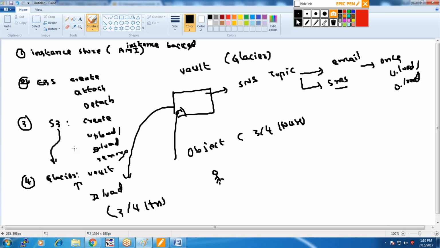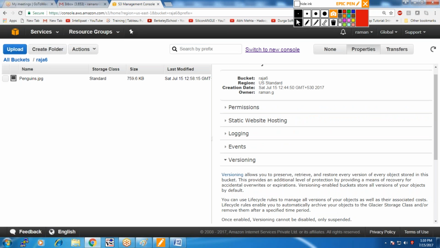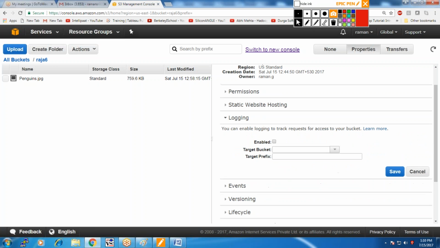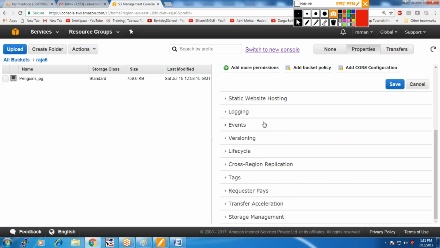In tomorrow's session, we will focus more on S3. We have just now uploaded the object. We can discuss versioning, how to enable versioning, how to configure logging, how to configure a website, how to assign permissions, how to move objects from S3 into the storage, what is a tag, what is requester pays. Everything will be discussed in our tomorrow session, which is to be held from 12 to 1:30